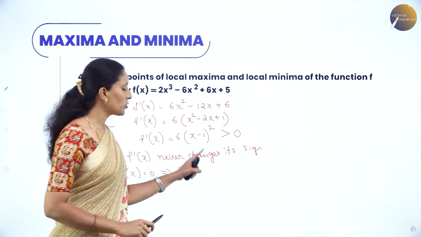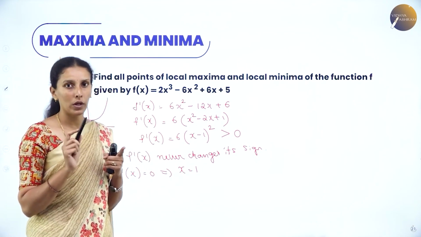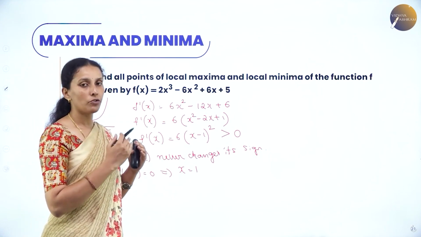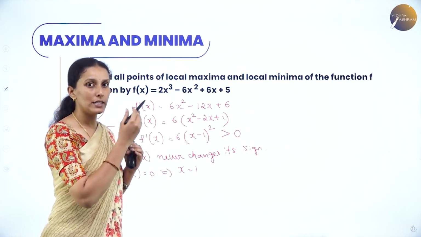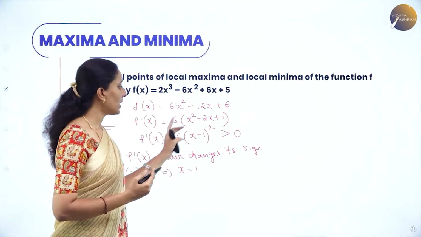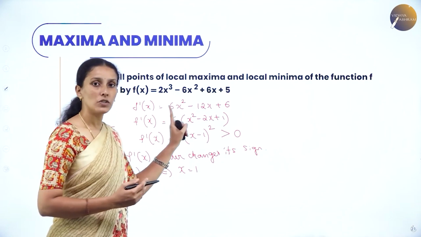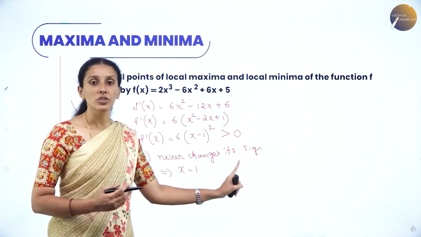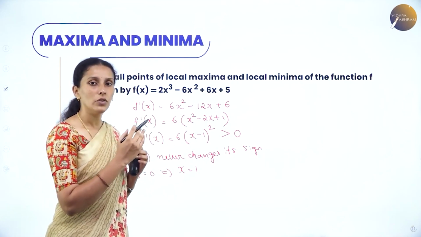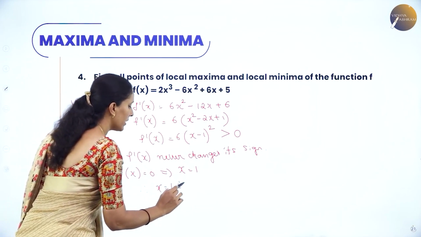For any point to be a critical point, meaning a local maxima or local minima, the function has to change from positive to negative, that is increasing to decreasing, or decreasing to increasing, that is negative to positive. But here, for all values of x, or for x equal to 1 also, the function is only positive. It is never changing its sign. So it is neither increasing to decreasing nor decreasing to increasing. Therefore, x is equal to 1 is